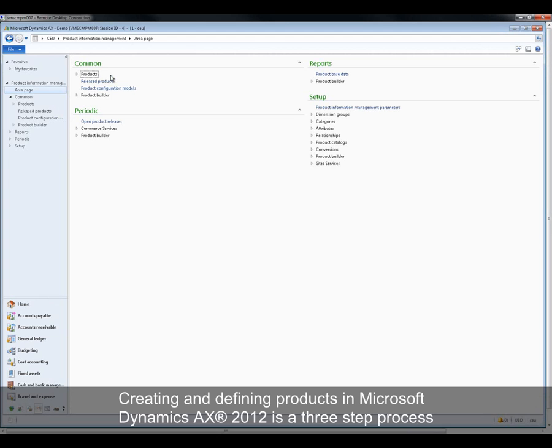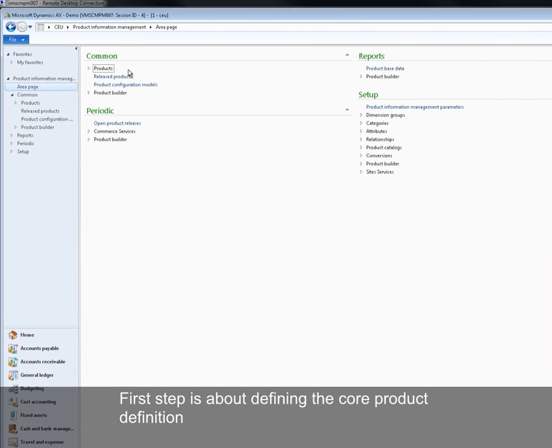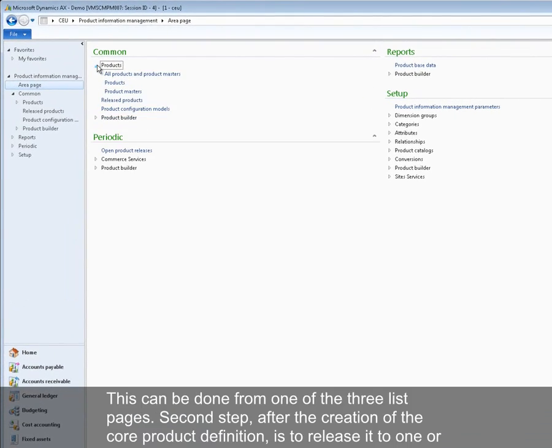Creating and defining products in Microsoft Dynamics AX 2012 is a three-step process. First step is about defining the core product definition. This can be done from one of the three list pages. Second step, after the creation of the core product definition, is to release it to one or more legal entities